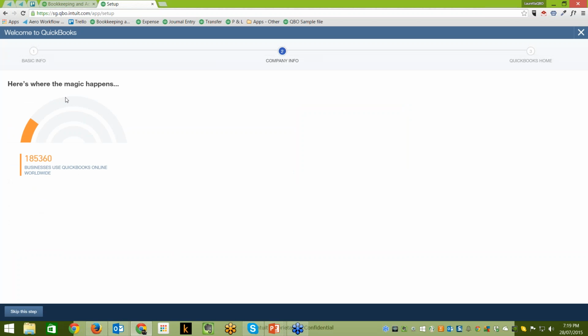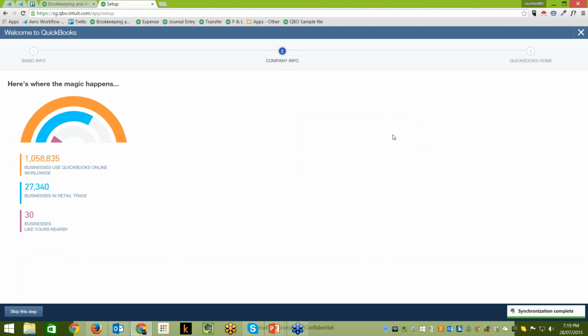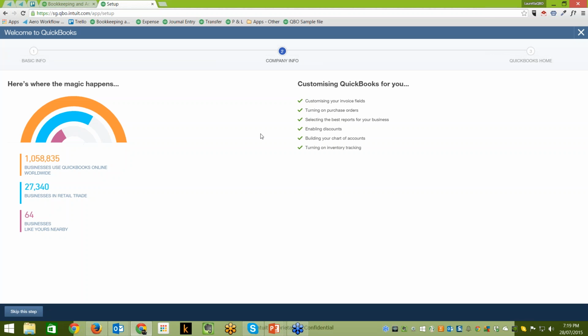And now what it magically does is it actually brings up this rainbow behind the scenes. While this is happening, just have a look over here on the right-hand side, okay? The rainbow might be mesmerizing us all because we all like to have a look at pretty colors, but in a moment, just have a look at what happens over here, okay? So what it's actually doing, while we've got this pretty rainbow happening, it's actually setting up QuickBooks Online for us